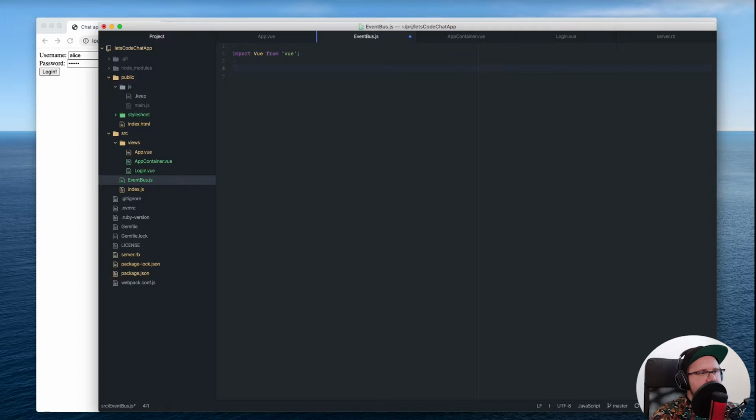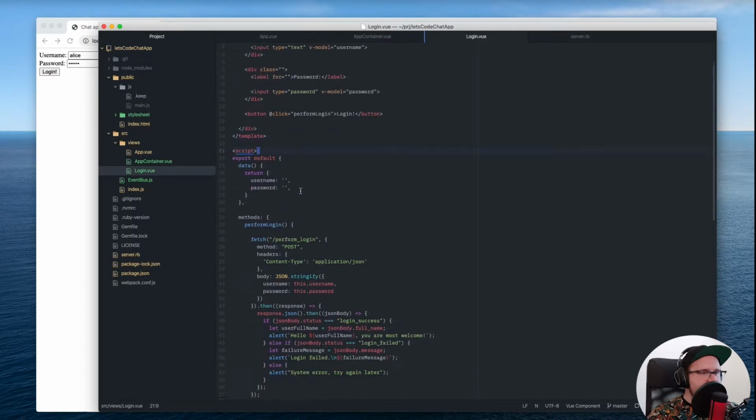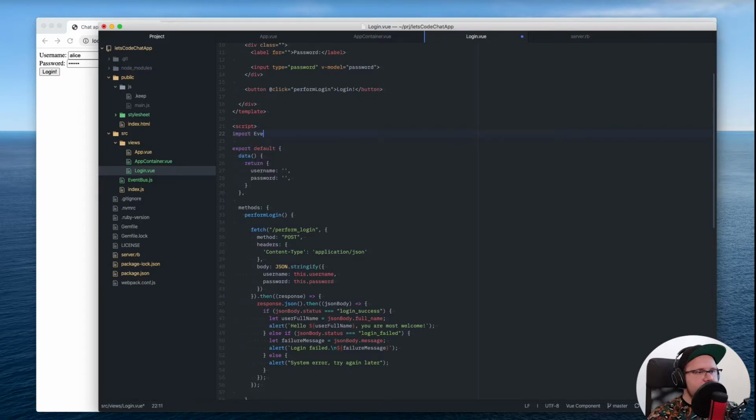And it's going to say that event bus, why do I keep typing it in plural? Event bus equals new Vue. And export. So it is this simple, and now I have an event bus. To leverage it, I'm gonna come here to the login screen and say import event bus from, and then I am in the views folder, so I have to go to the root folder and say eventbus.js,